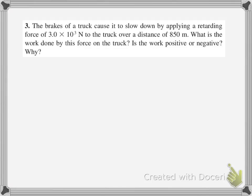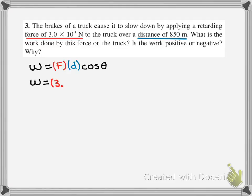Okay, so first we know that the force is equal to 3.0 times 10 to the third newtons, and the displacement is 850 meters. So the formula for work is work equals force times displacement times cosine theta. If we plug in the values from the problem, we get work equals 3.0 times 10 to the third times